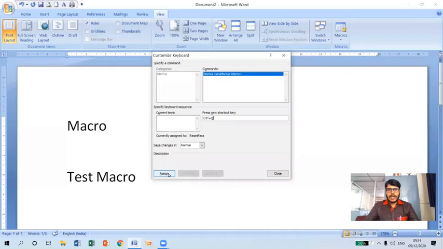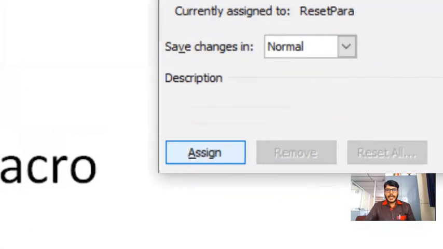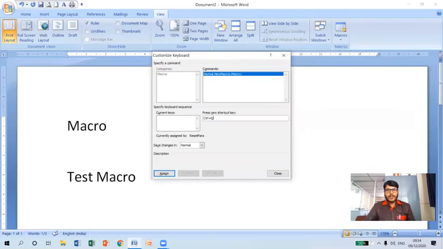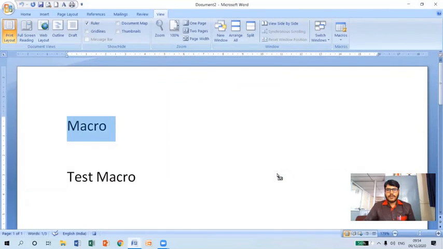So now let me click on the assign button here. As you can see, we have an assign button. We need to click on this so that we can assign this particular shortcut key for running macro 1. Now let me click on assign and close. Now you can see my mouse cursor appearance has changed. It is showing a tape-like symbol. That means whatever macro we have set for recording, it has started recording the macro.